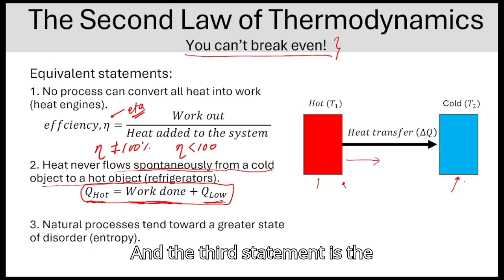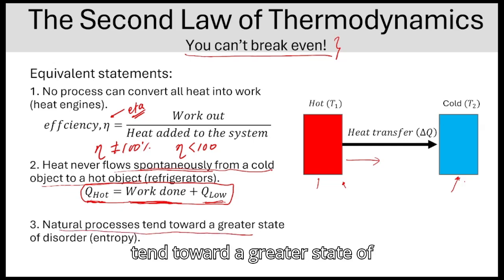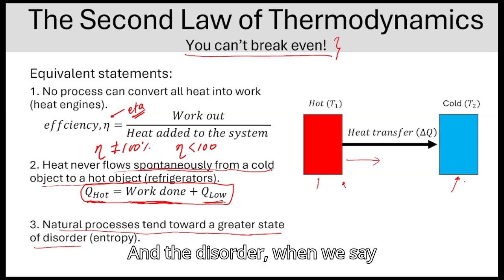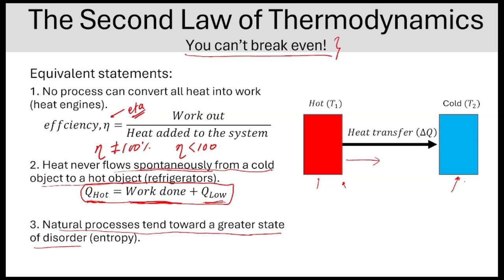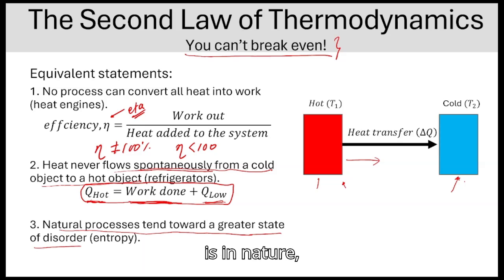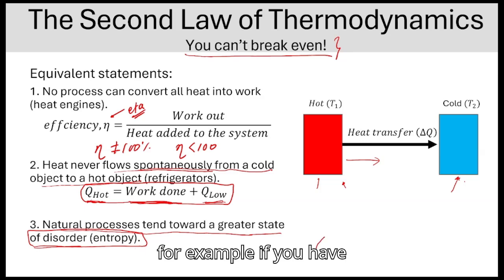And the third statement is that natural processes tend toward a greater state of disorder. When we say disorder, basically what we are saying is that in nature all systems always try to move towards a greater state of disorder. For example, we have an egg here, and if we break it,